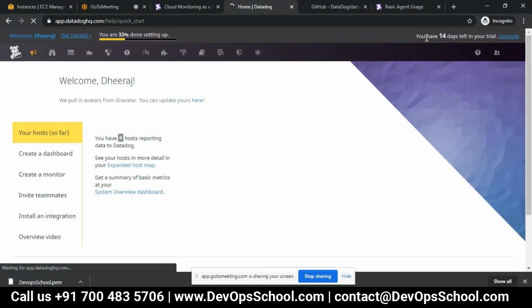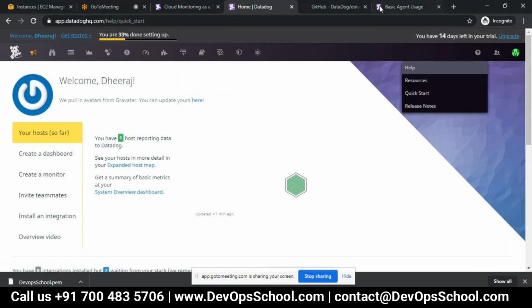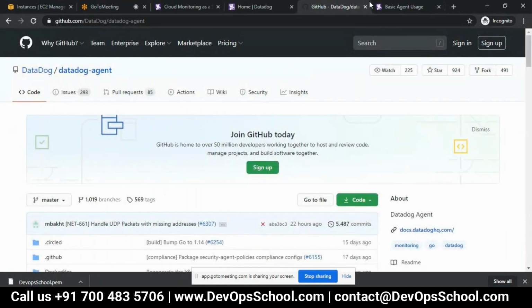And as I showed you, it has a 15-day trial period to use your Datadog trial version on 5 hosts at one time. You can see it is welcoming, and I have one host which is reporting data to Datadog. There is a system overview and summary and all those things. We'll go through them one by one, but first let me go to the